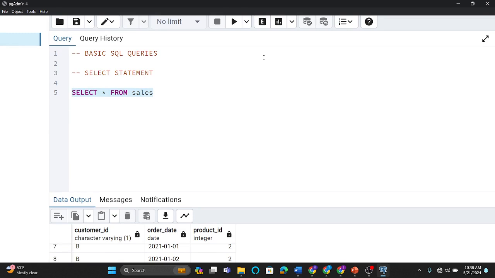Now, another case of this. If I don't want to return all the columns in a particular table, and I want to return specific columns, let's say only the customer ID and the order date, you can do that by stating the name of the column in place of the asterisk. So you're going to select. This is not case sensitive. You can put capital or small letters. So select customer ID, comma, order date